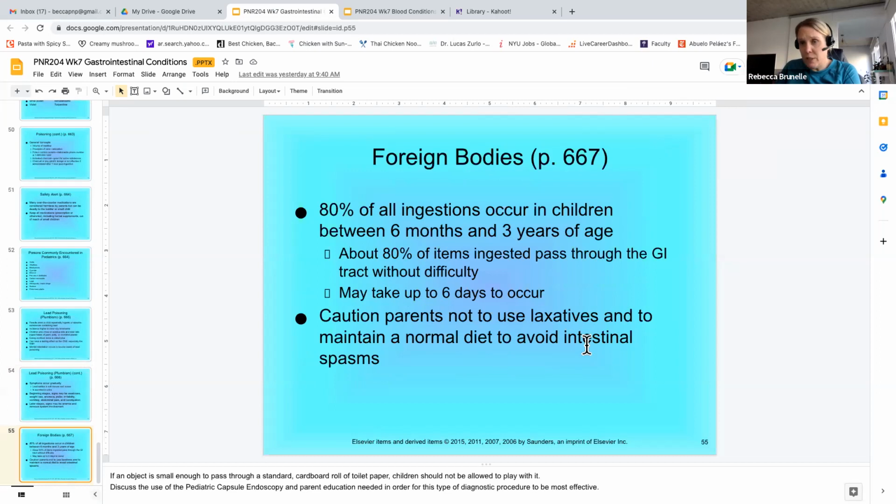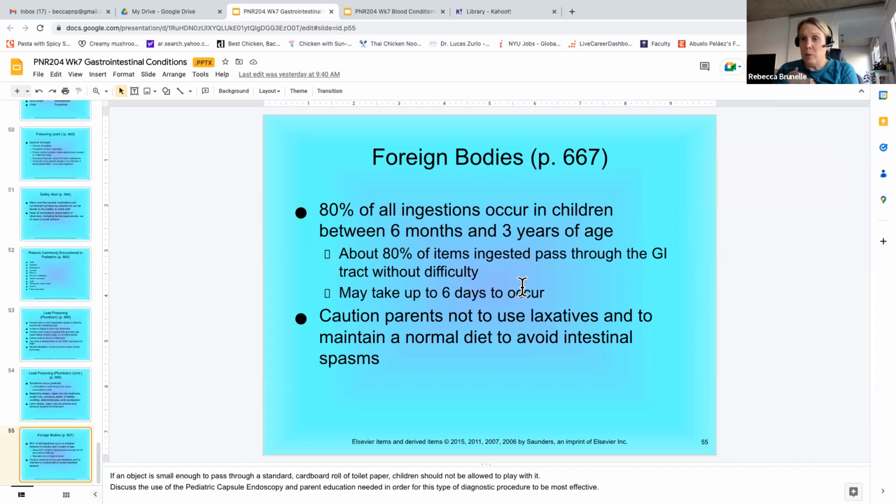So poisoning, and also things like ingesting lead, but then also kids can just swallow random things. So foreign body aspiration. What sorts of things? Coins, beans, small parts of toys, whatever you can think of, a kid could probably swallow it. So most of the time it's okay. Like 80% of foreign bodies that are ingested pass through the GI tract without any problems. But it can be a problem.